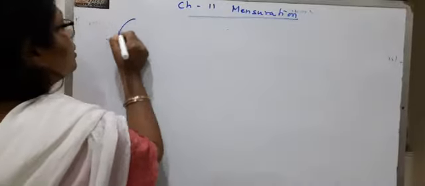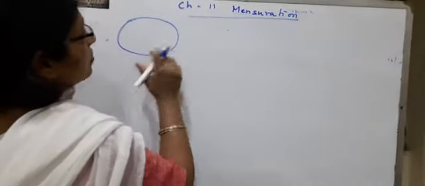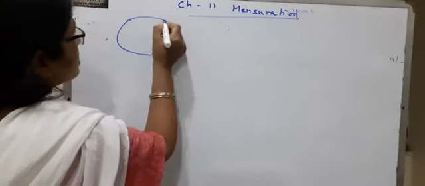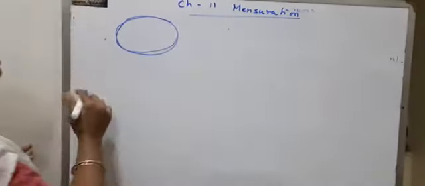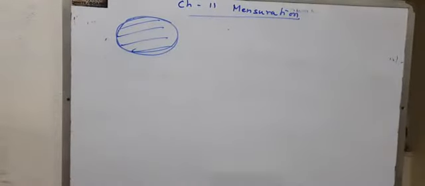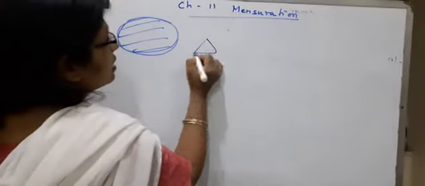Today we start chapter 11, mensuration. We learned about a closed plane figure. The perimeter is the distance we learned about in previous years. This is a closed figure. Perimeter is the boundary around it and area is the region covered by it. We found the area and perimeter of various plane figures like triangle, square,